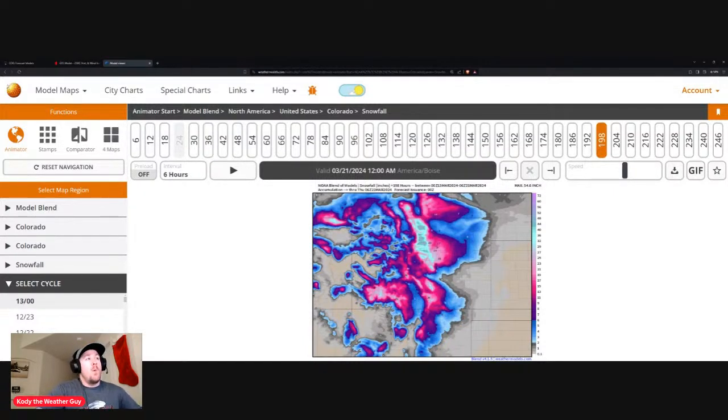So we may get some snow here. I'm not saying we're not going to. We may very well get some snow up here, but it's going to be fighting northerly downsloping winds off the Cheyenne Ridge. So the question is, which one wins? Does the northerly downsloping wind win, or does the deformation zone win, or do they fall somewhere in a happy medium and we get some accumulation, like a 2 to 6 or 2 to 8 inch range here for portions of Larimer and Weld County below 6,000 feet, if you're not in the foothills.